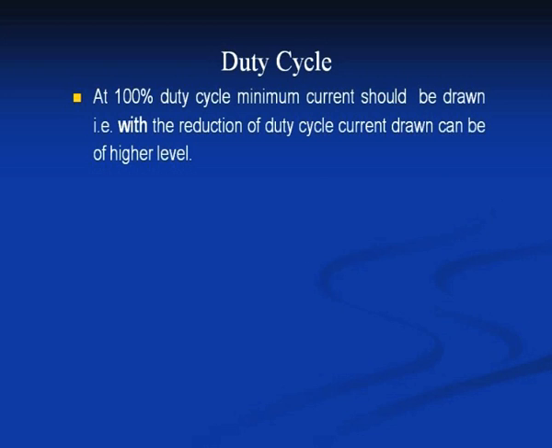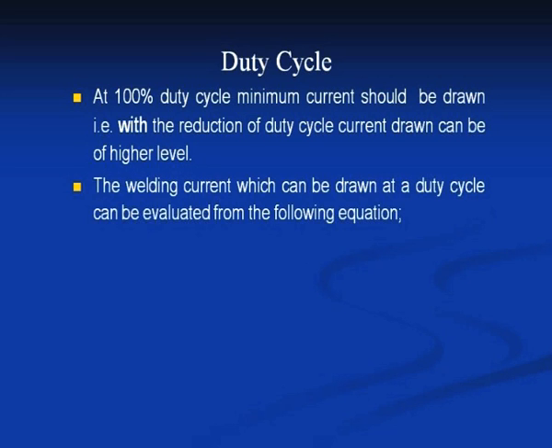So, with the reduction of the duty cycle, the current drawn can be at a higher level. Means if we draw the welding current for a shorter duration, then a higher magnitude of welding current can be drawn. The welding current which can be drawn at a duty cycle can be evaluated using the following equation,